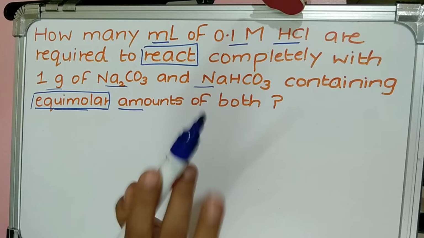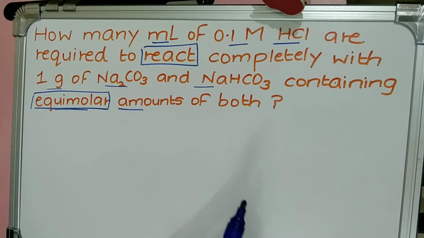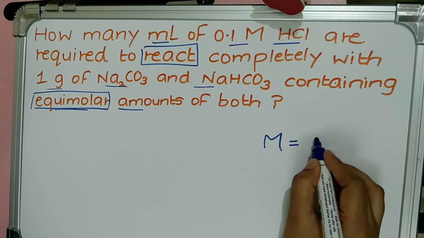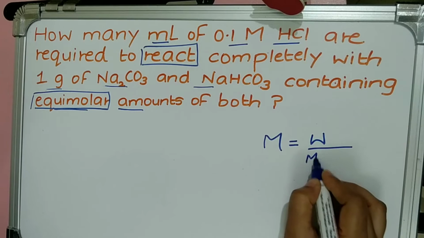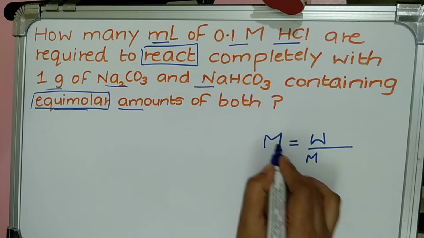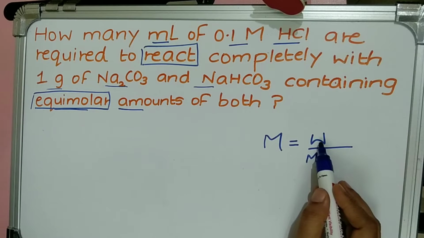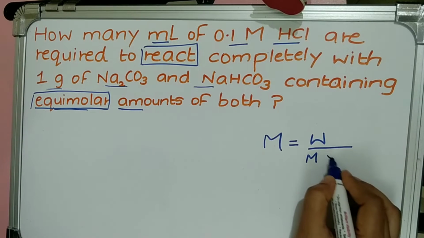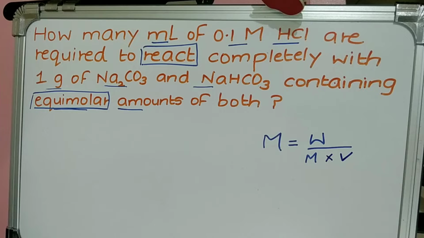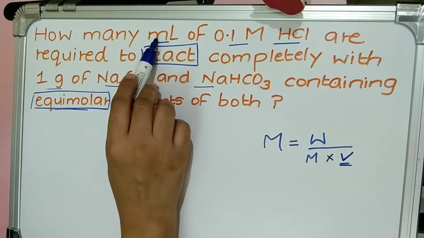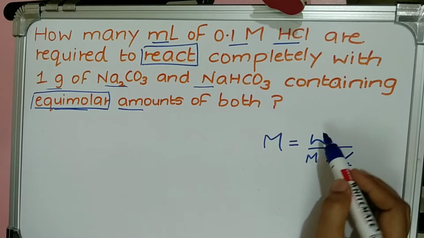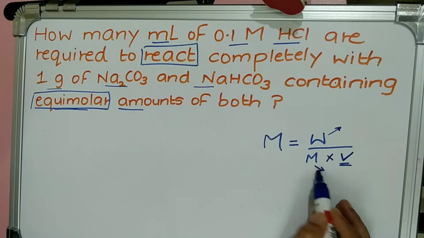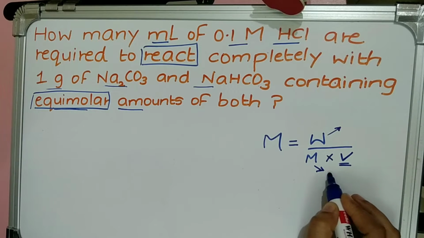So first of all, see what is given to you. Molarity is given to you. So in the formula of molarity, I'll just write here. Molarity is equal to number of moles, I'll write it as weight upon molar mass. Don't confuse this, both the capital M. So this is weight of the solute upon molar mass of the solute, that is for HCl, hydrochloric acid, into volume of the solution. This volume you need to calculate, in milliliters. Weight of HCl we will find from the given data, and molar mass of HCl that we know is 36.5.